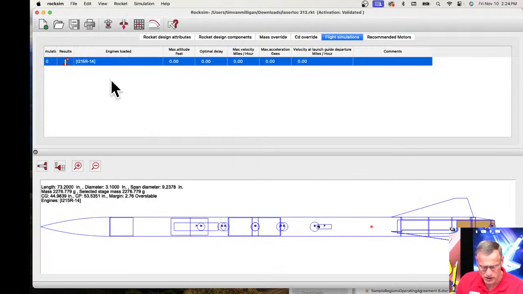Okay, so we get this one right here, that little icon. That icon means that the rocket didn't leave the pad. And you can see the maximum altitude is 0, optimal delay is 0. Okay, so this is a troubleshooting question. What happened? Why aren't we seeing this? So typically, if the rocket doesn't leave the pad, and we know it's a high power motor and it's got enough thrust,